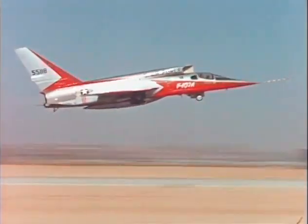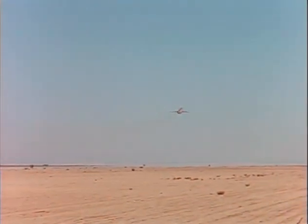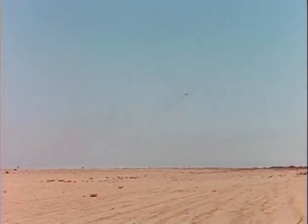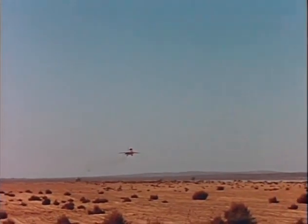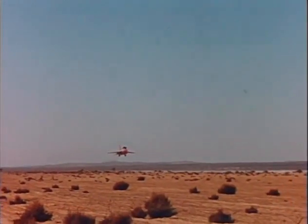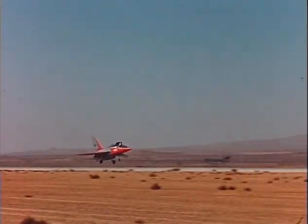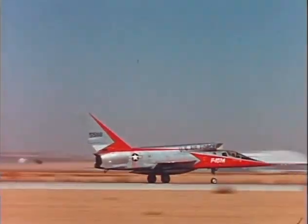Yes, there are 2 133s there. There may only be one left now, but 40143 and ever popular 62008, better known as Balls 8, were both there. One of them was out on the flight line in front, and it held the world's record at one time for a heavy lift. And the other one is back in the back. We used to call it, I believe, Area C, where you used to be able to walk back or drive back. They were airplanes that were not on prime display, but they were still in nice shape, and you could walk all around them. So I had my picture taken by my wife standing next to the airplane,